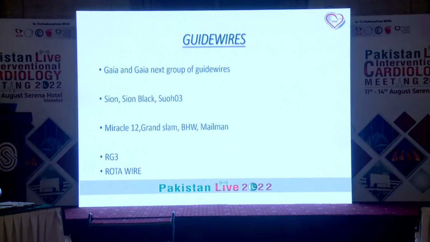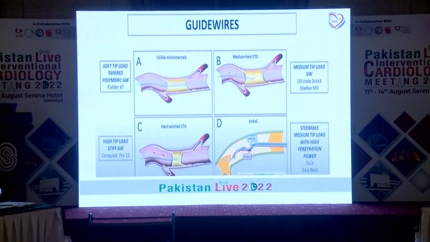So RG3 wire is the externalization wire after you've crossed through the retrograde approach. So if you don't have an RG3 available, you can use a rota wire because its length is more than 300 centimeter. So again, this is a diagram showing that if you have microchannels, you can use a Fielder XT,